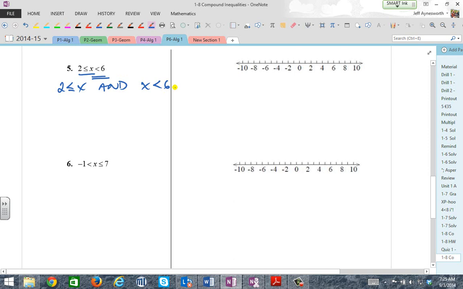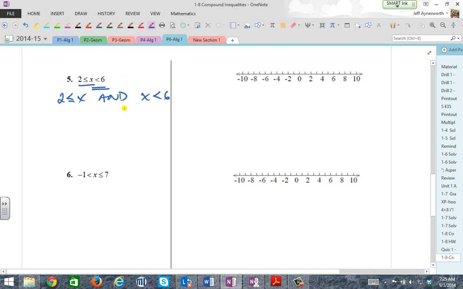And so what we're going to do is treat this inequality the same way we did the previous one. But you have to understand here, if 2 is less than or equal to x, that means that x is greater than or equal to 2. It's very similar to this, so I'm going to make something up. If 5 is less than 6, that means 6 is greater than 5. So if you switch the inequality, you have to switch not only the order, but the inequality itself. So if 2 is less than or equal to x, that means x is greater than or equal to 2,